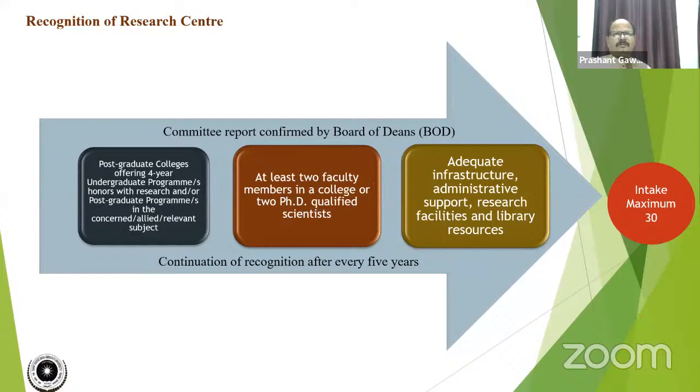Already there is a provision for the allocation of students under professor, associate professor, and assistant professor. That is 864. If an institute has, suppose, 10 professors, then the intake of a research center is 80. At that time, if adequate infrastructure is not available, then the decision made by the committee is more important, and the decision again